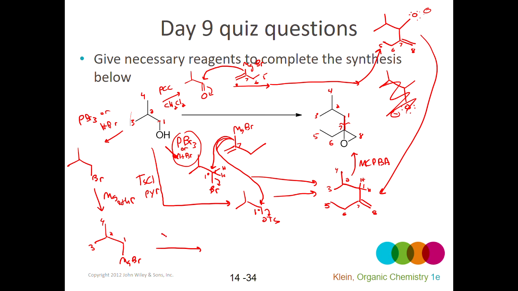So if I still want to install 4 more carbons, right? I've still only got 4 carbons. I need 4 more to get to a total of 8. So I'm going to add 4 more carbons. Carbon 1 still needs to connect with 7. So I'm going to make carbon 7